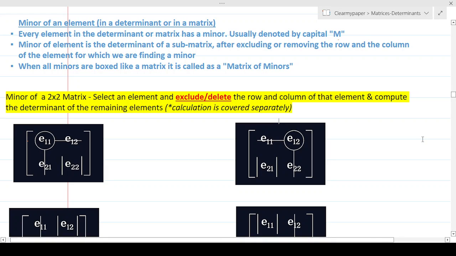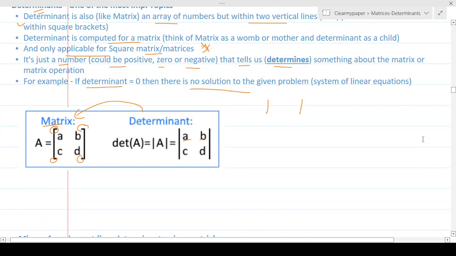All right, folks, now we have understood at a conceptual level what a determinant is. We have still not gone into the nitty gritties and the details of how to compute the determinant itself, but we have a baseline definition, like we defined earlier, where we're just going to represent the array of numbers between two vertical lines, and then we'll compute. There is some calculation behind the scenes which we have not come to yet, and will not come to until the next two episodes, but hold on that for the time being.